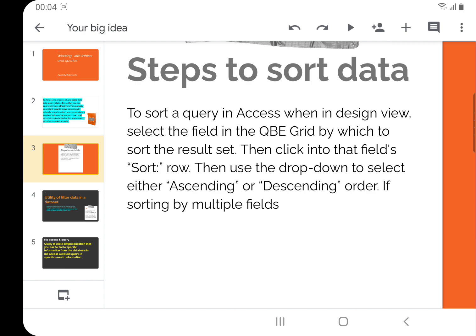Now, we have already discussed sorting and how to do it. The next term is freezing a field. In MS Access, it refers to making the selected field or column appear at the leftmost side of a table and stay visible at all times irrespective of the direction you scroll. That means freezing is a way to do this. Suppose you can see in my Google slides, the left side slides are frozen and one by one I'm focusing on those slides. So freezing does the same.